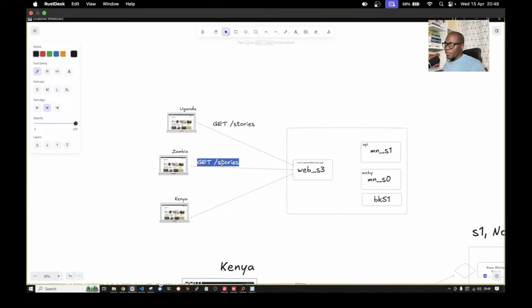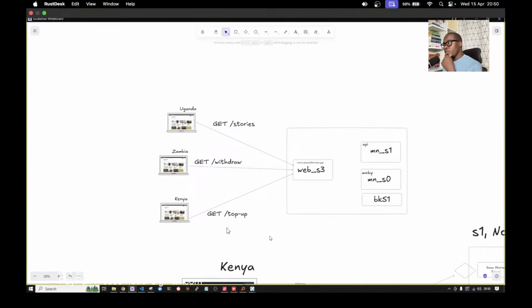So for example, somebody in Zambia will want to withdraw. So this will be withdraw. And then somebody in Kenya would want to top up. So this will be top up. Let's just use the appropriate name. This is top up. So all these requests are going to one server, and there's something very, very extremely important